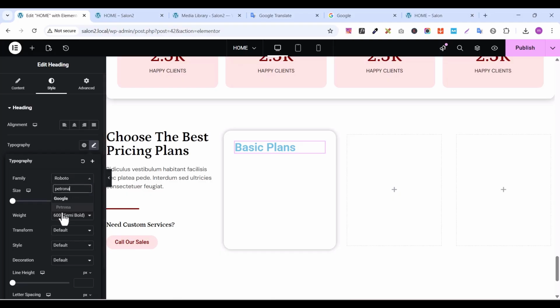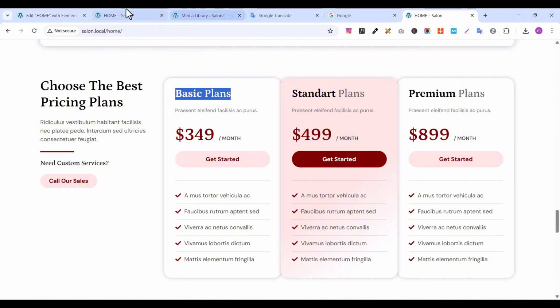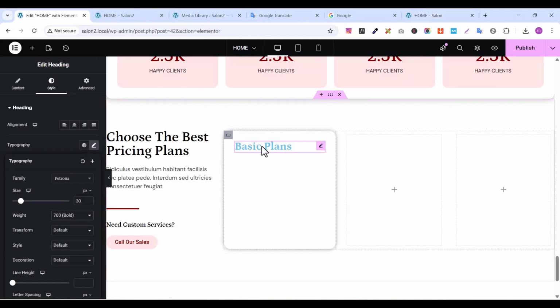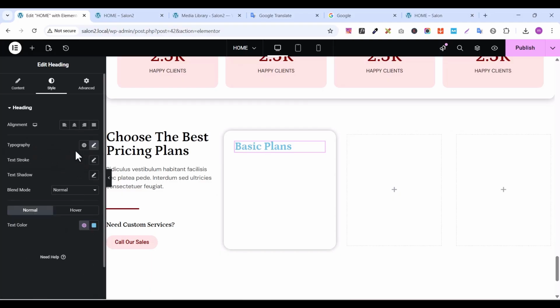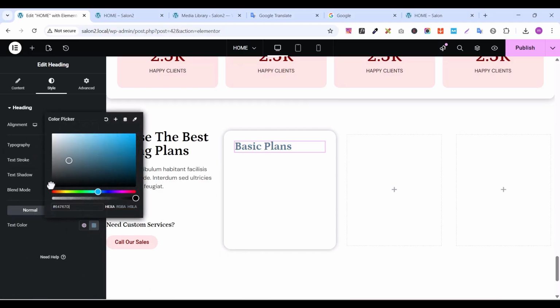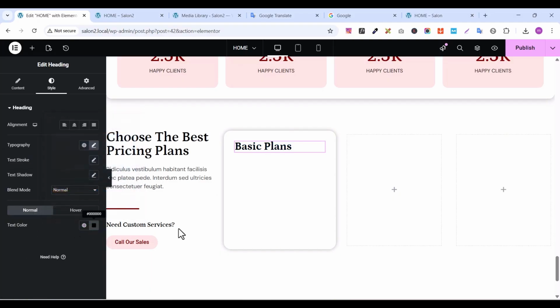Change the font family to Petrona. Increase the font size to 30. You can enter 30 for the value, and increase the weight to 700 like this. So let's check. Good. After that, let's change the color to this dark color. Everything is looking good, so let's publish it,